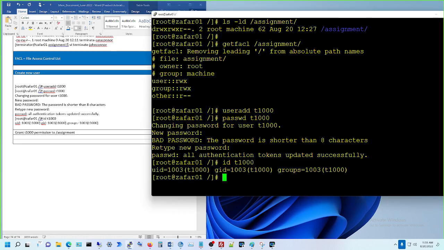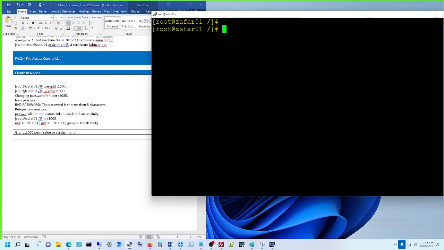So what I'm going to do is, the command is setfacl. Earlier we used getfacl, that means get the file access control list information. Now I'm going to say setfacl -m, which means modify, and I'm going to say user. Now we have to give the username, which user. I'm going to say T1000 and the colon,